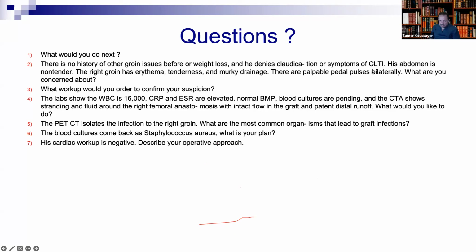So you do extra-anatomical, but you do it because the graft is not infected, only the groin. Most people go retroperitoneal, they do a flank incision, and they do a bypass from the graft to the SFA, going through the obturator foramen. It's called obturator bypass, and this is an important one. You have to know how to do it, through the obturator foramen, because this way is away from the groin. Anything else will be very close. Even FEMPOP is going to cross the groin, so it will get infected. And axillofem is going to go through the groin. So the only way to go away from the groin is to go through the obturator foramen.